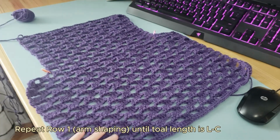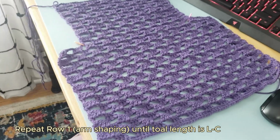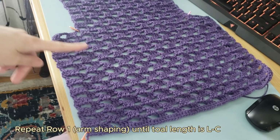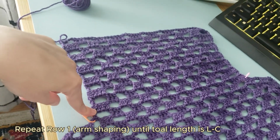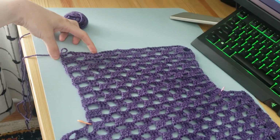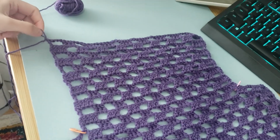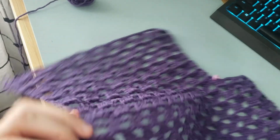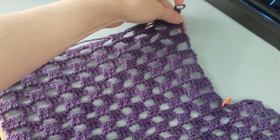All right, so I'm at the part where I can start working my collars. So here's the bottom, worked up to the main body part, and then here's the armhole shaping portion I've done. Now I'm going to work on building up the collar, and to do that, I ended over here, so I'm going to flip my work. So I start over here,